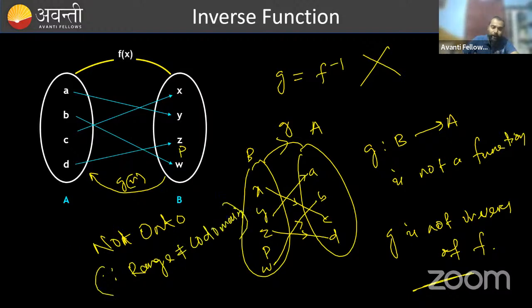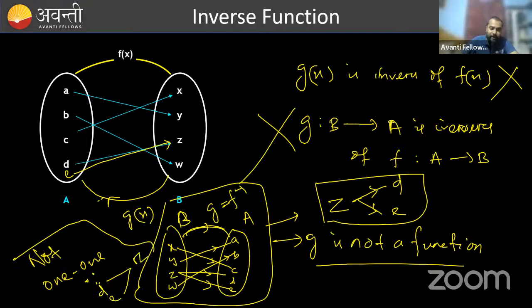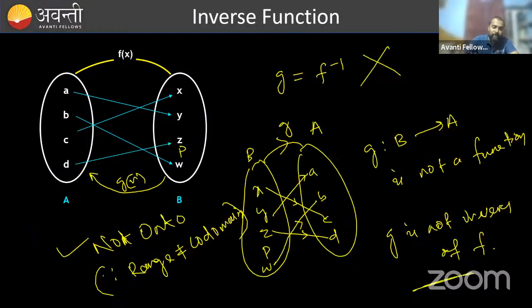That's why this function is not onto, and here this function is not 1-1, since D and E have the same image, that is Z. It's a many-one function, and this is an into function. So for F to be invertible,